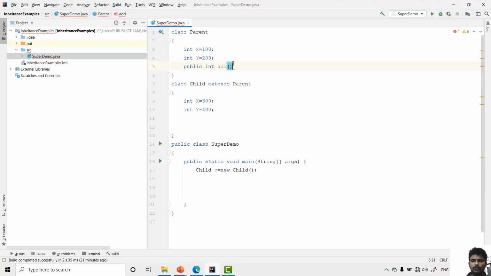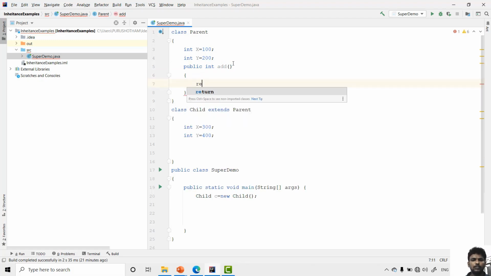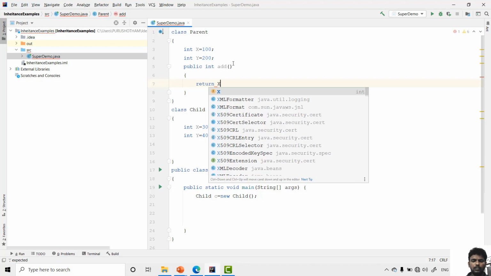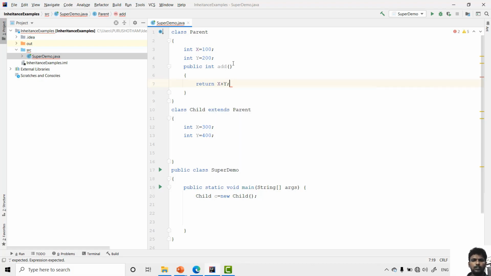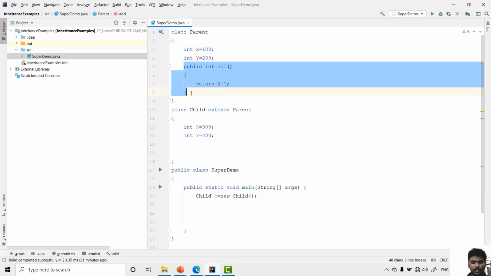In this add method I want to perform some addition operation, so just return x plus y. So the return type is integer, so it will return an integer here. The same method again here I will take.